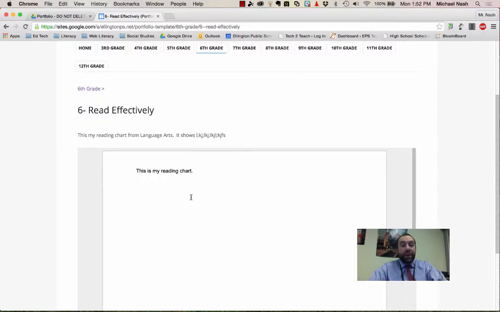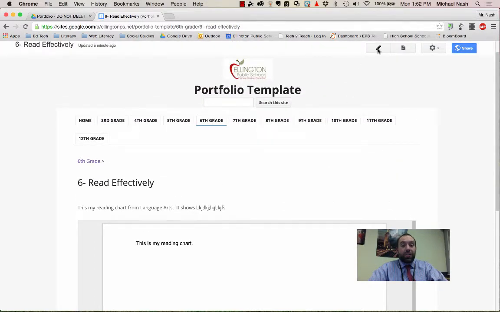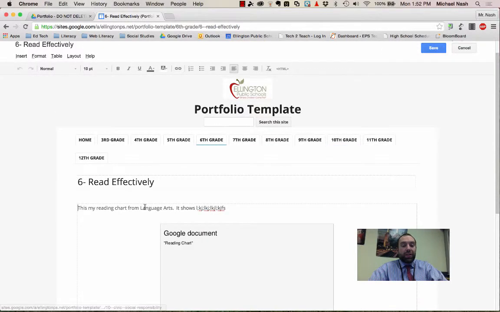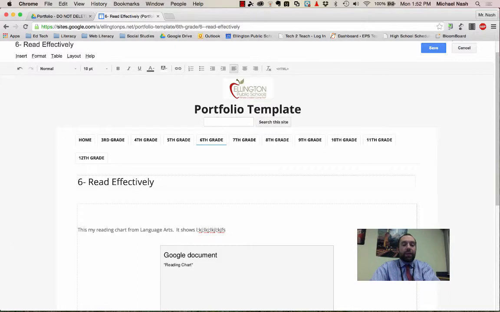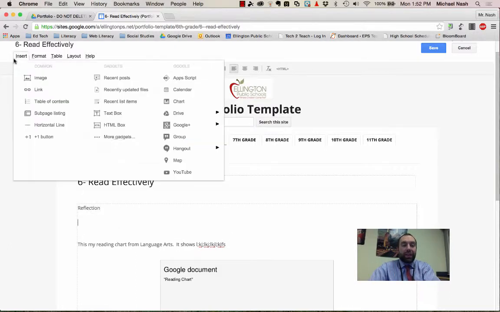And that's it. Now, if I wanted to go back in later and make some changes, I could. Later on, say I have another work sample, I could go back in, put in another reflection, and then insert a new work sample,